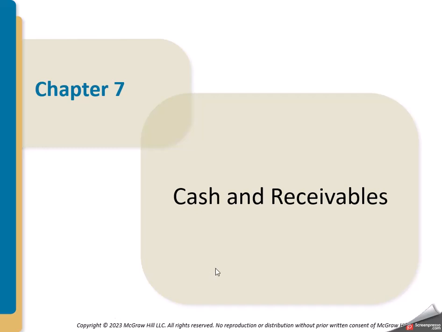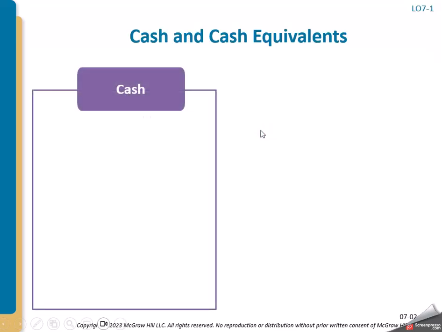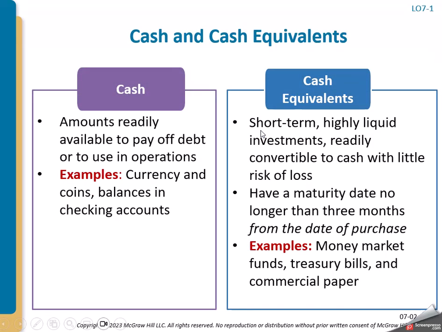Chapter 7, we'll talk about our first assets, cash and accounts receivables. So first we have cash and cash equivalents. You have to remember that cash is not only currency on hand. Say you're Lowe's or Home Depot, you've got all kinds of cash in your cash registers, but it's also the balances that are in your checking account or your savings account. And many times companies have multiple checking accounts, like for payroll, for accounts payable, they have money markets, etc.